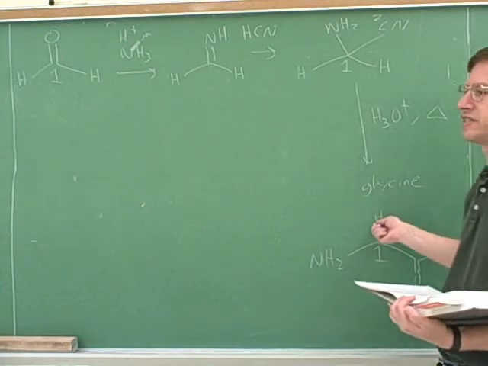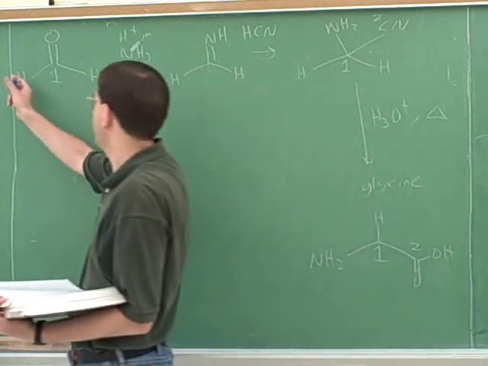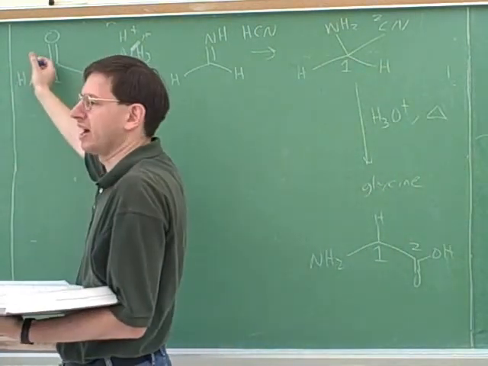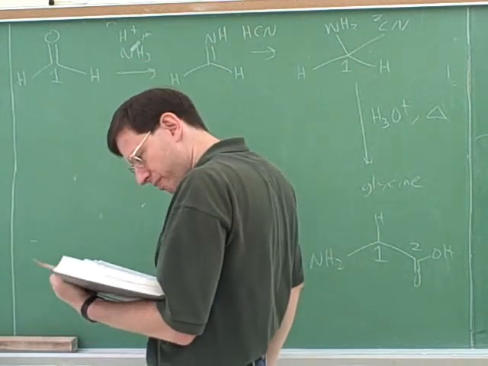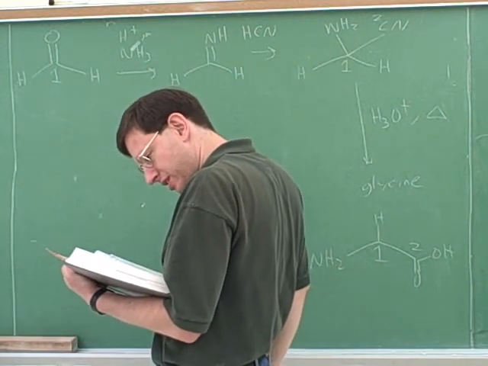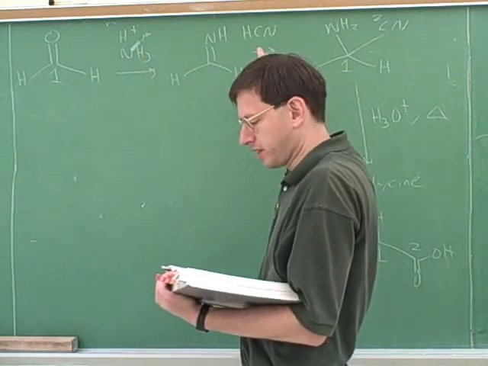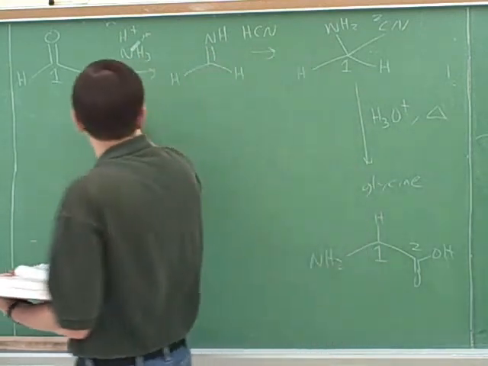Glycine just has a hydrogen side chain. So in this case, we just attach a hydrogen to the number 1 carbon. Remember, this is going to form the alpha carbon. This is formaldehyde, right? Now, I just wanted to mention some of the ways that I've seen this written in the book. So this seems perfectly reasonable. I would give you full credit for this. However, in the book,